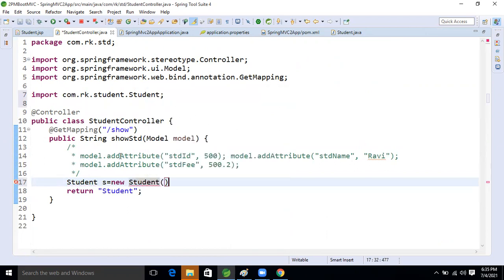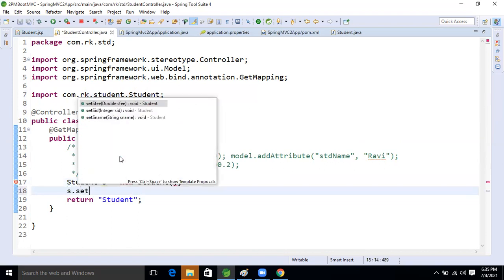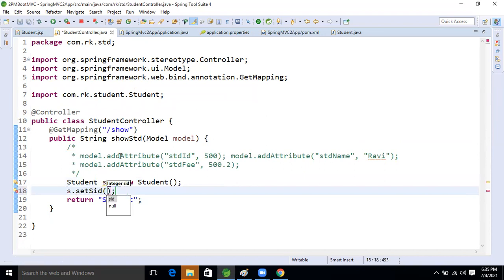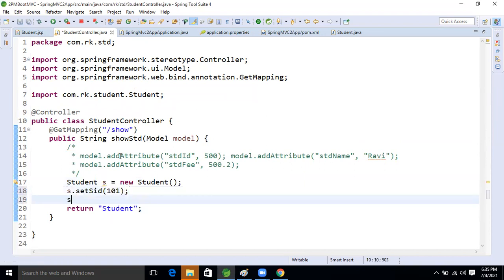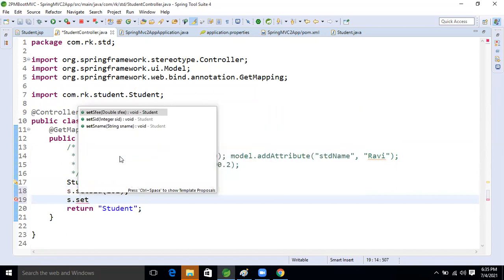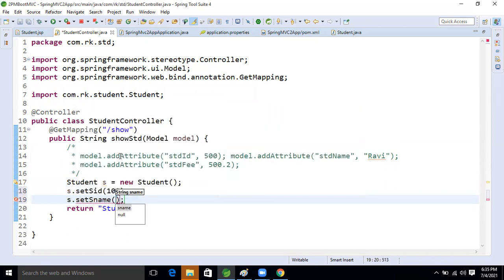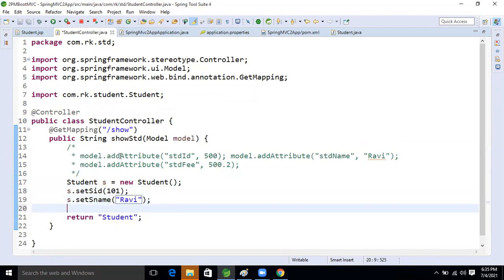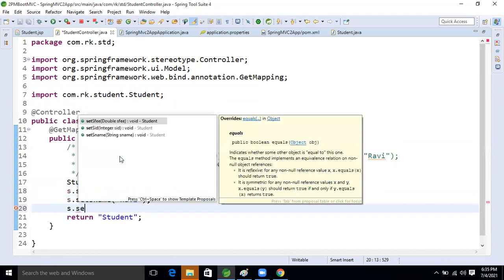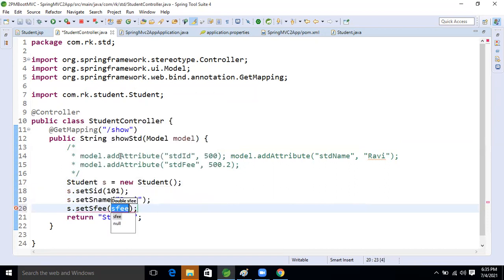Then s.setSid, I'm setting 101. Then s.setSname, I'm taking Ravi only. Then s.setSfee, set 100000.